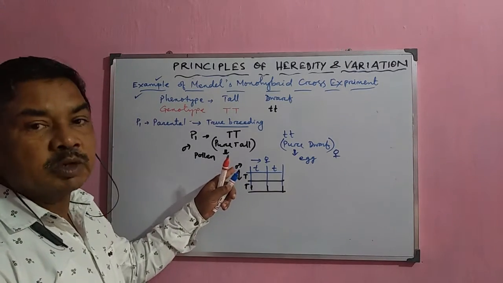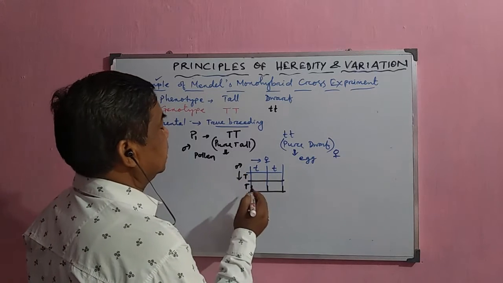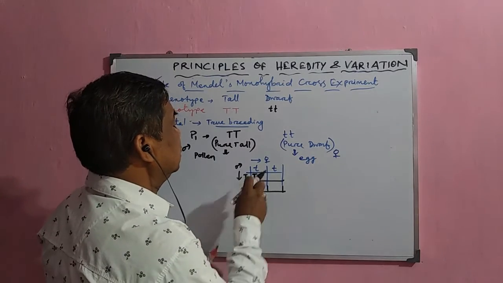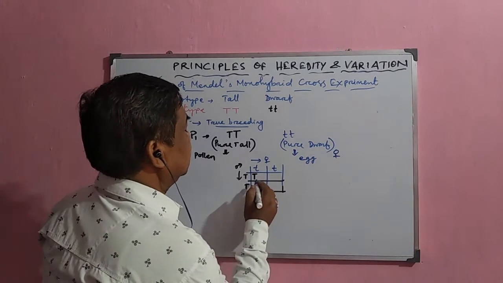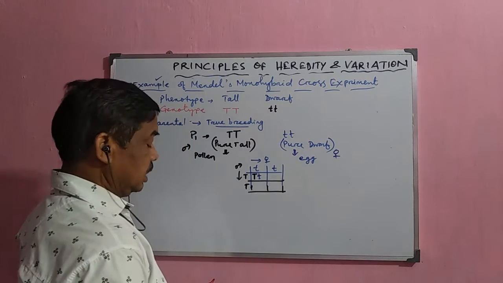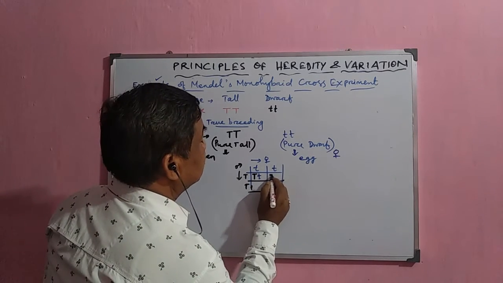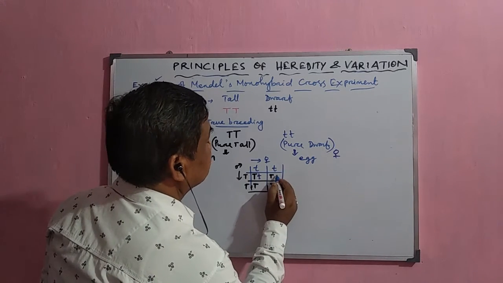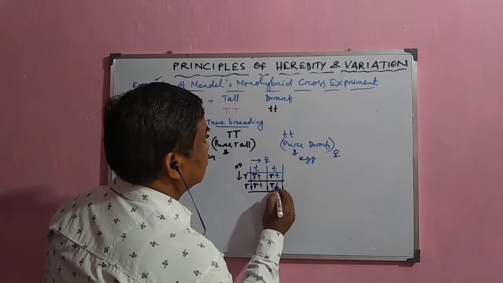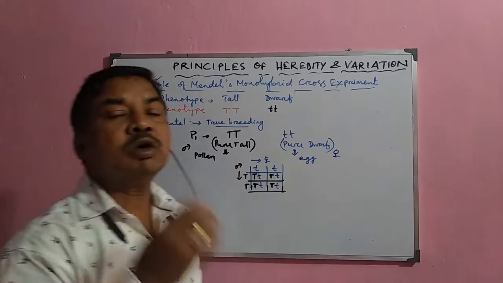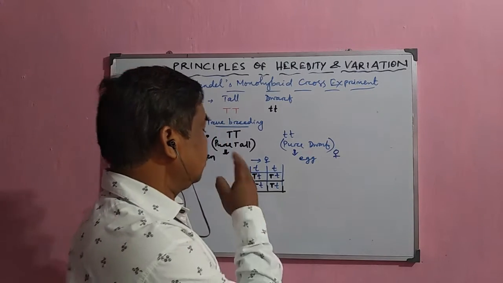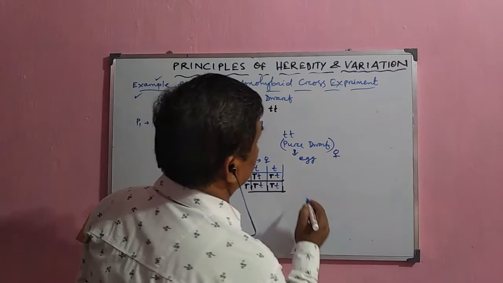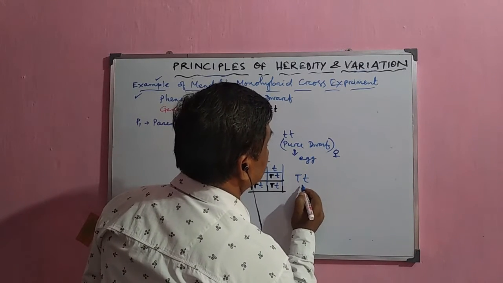Now, when this first pollen grain fuses with the first egg cell, then it will be capital T and small t. So here the capital T and small t. Next one, again the capital T will be here, capital T will be here, and capital T will be here, with the small t from the dwarf variety. Now there are 4 combinations we will find here. So out of these four combinations, what are the differences? Nothing different, all have capital T and small t.